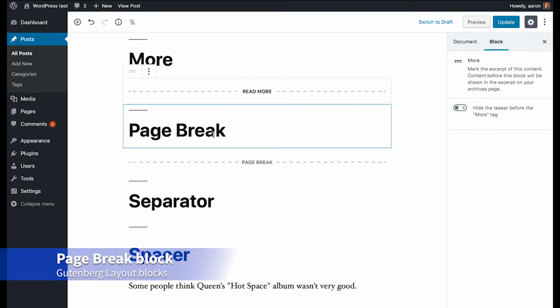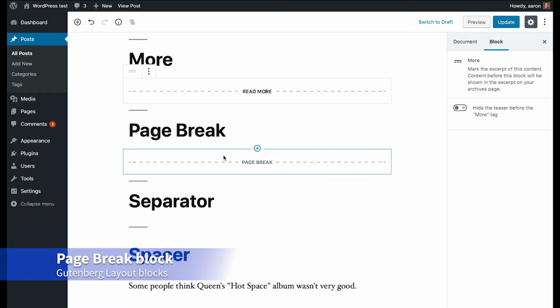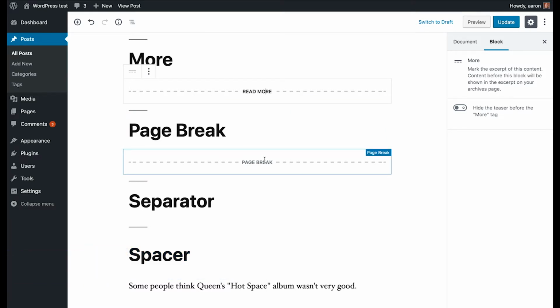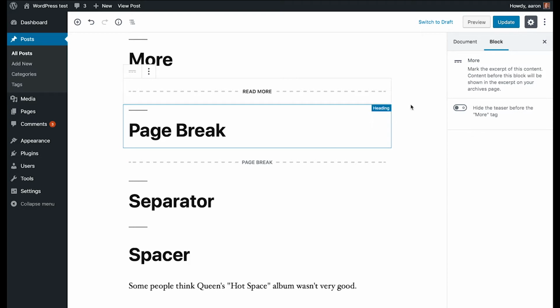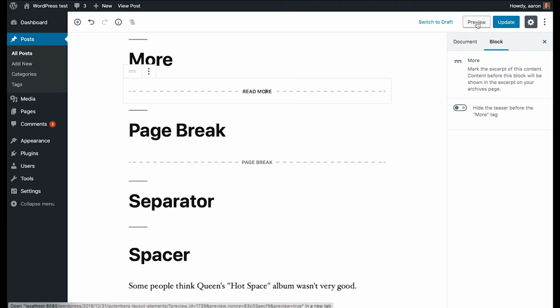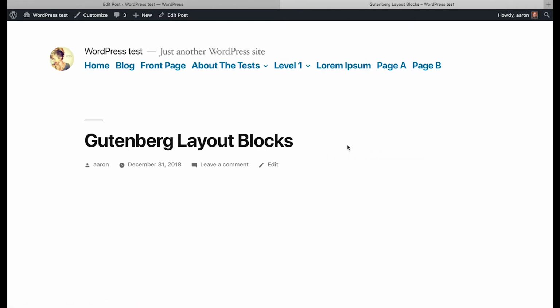The next block is the page break block. What this allows you to do is break up a page or a post into multiple pages. This would be handy if you have a very long article and you don't want readers to have to scroll forever. It gives a user experience similar to ebooks where readers flip from one page to another. Just as an example, I'm going to click preview to open this up in a new